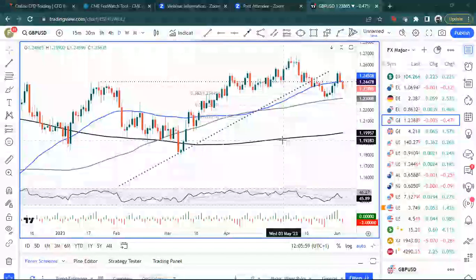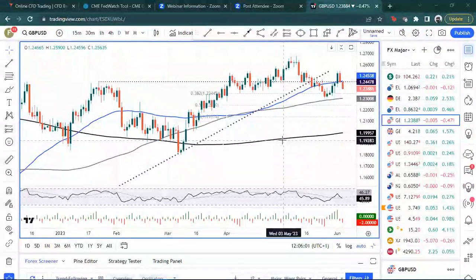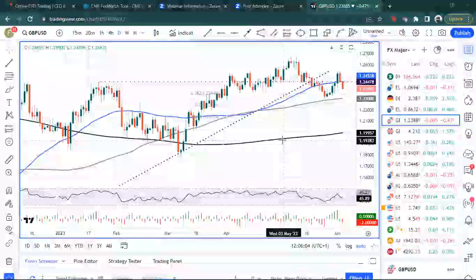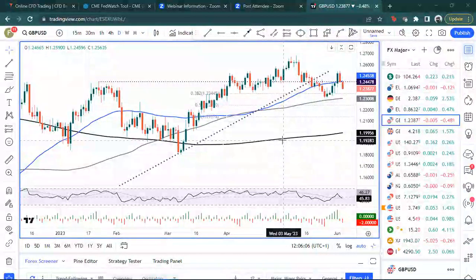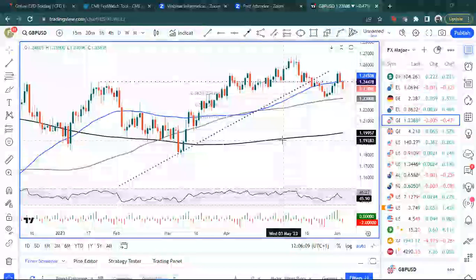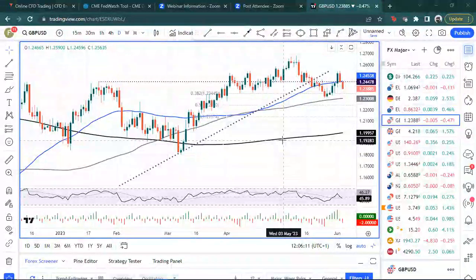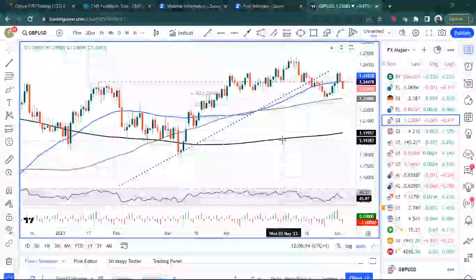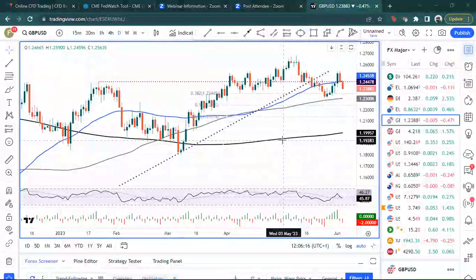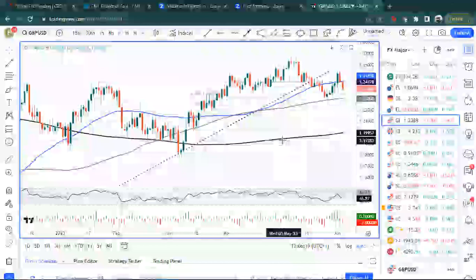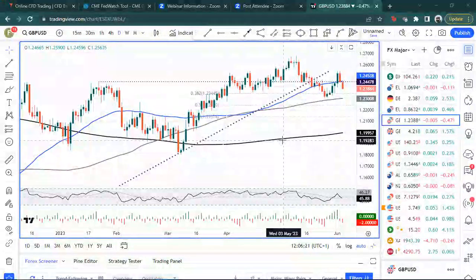Okay, so going forward this week, as I said, we get kind of second tier US data. We get ISM services data out of the US today. We also get the weekly jobless claims data on Thursday. That will be on tap really to see how divergent Fed policymakers could get at the June meeting, as a pause now remains priced in for now. So that's a pause by the FOMC in June, whereas July, and we'll look at this in detail shortly, July really priced for another 25 basis point hike.